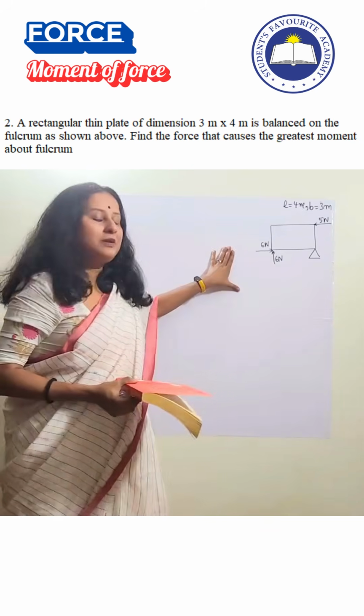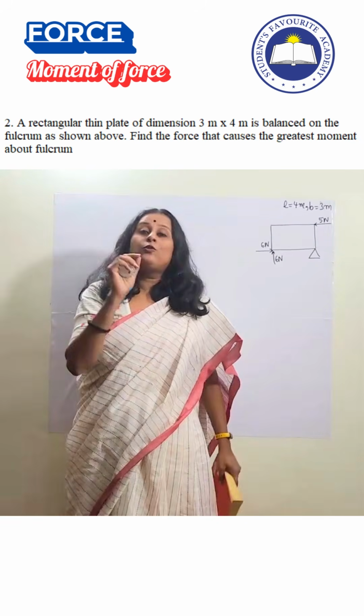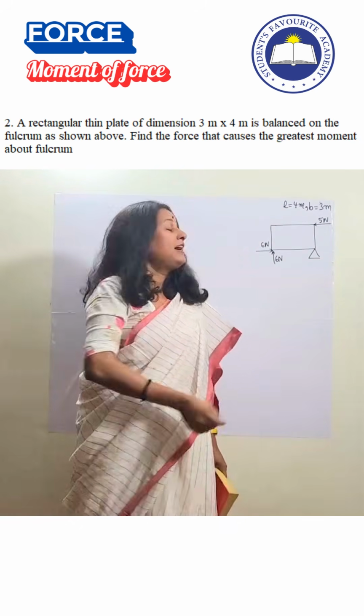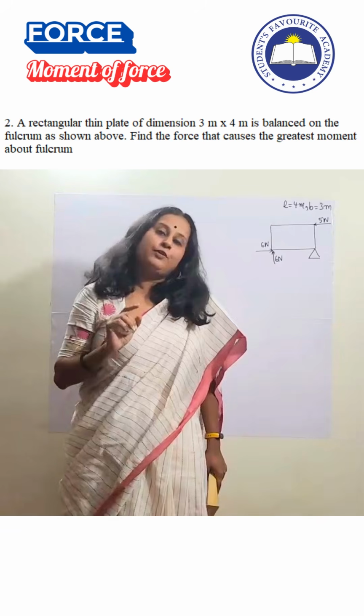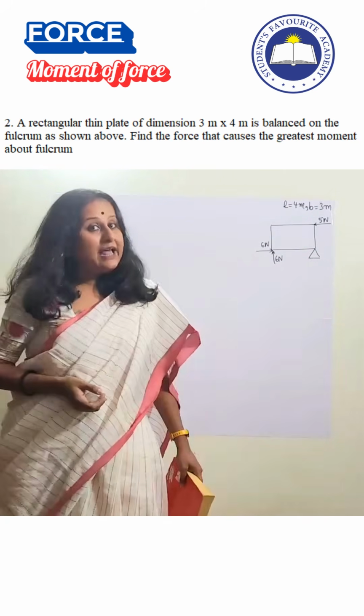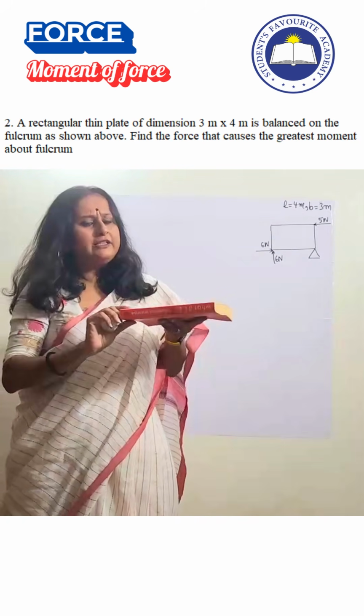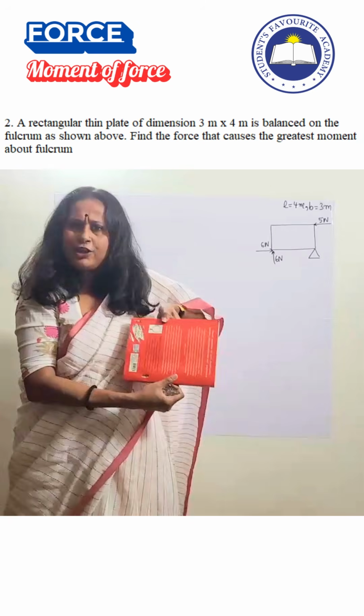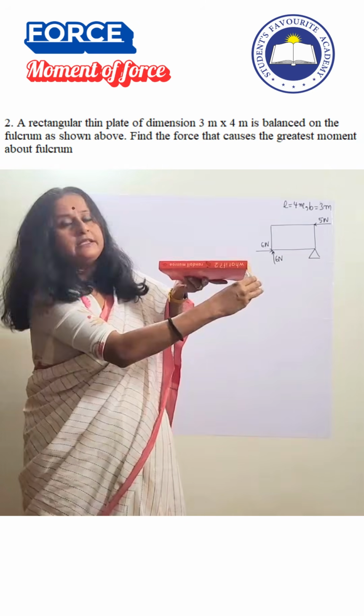Now we are doing a problem based on moment of force, where the forces are acting at different points. They do not act along the same line of a body. So if you have a rectangular lamina, something like this is a cuboidal structure, but consider it to be a rectangular shaped object which is pivoted something like this.